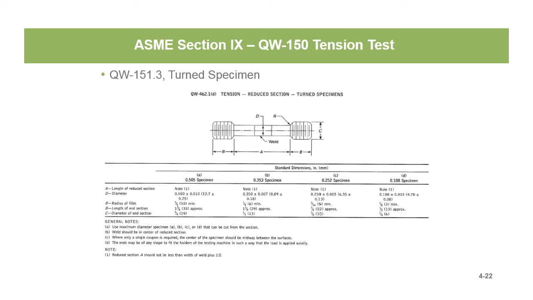Here's QW 151.3, the turned specimen. So you can have either a tension test that's a reduced section that's turned, or like the ones we saw on the previous slides. It gives you some different options depending on material thicknesses and configurations and customer requirements. But here are the dimensions for the turned specimens. And once again, none of this stuff's rocket surgery, but if you know where to look and how to use the document to ask for what you want and how to grade what you've been given, you shouldn't